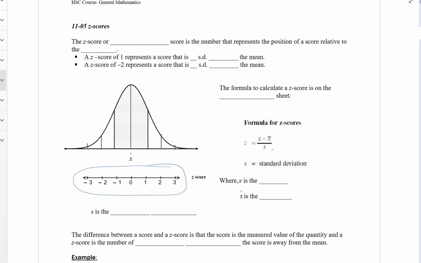So the Z-score, or sometimes, not very often now, but maybe about 10 years ago, it was often referred to as